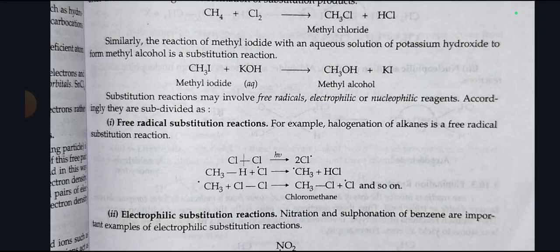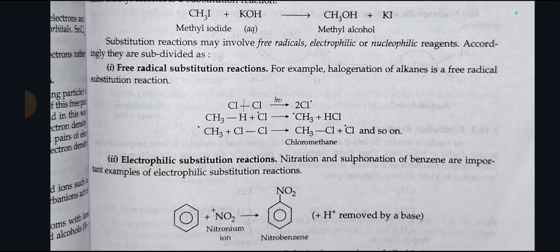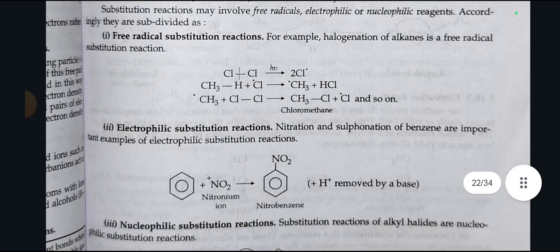Similarly, the reaction of methyl iodide with an aqueous solution of potassium hydroxide to form methyl alcohol is a substitution reaction. CH3I (methyl iodide) plus KOH (aqueous) gives CH3OH (methyl alcohol) plus KI. Substitution reactions may involve free radicals, electrophilic or nucleophilic reagents. Accordingly, they are subdivided as: